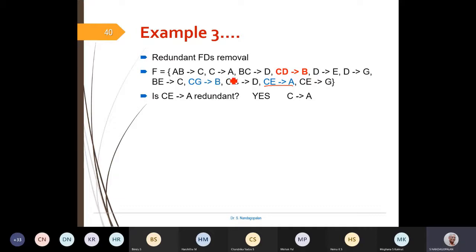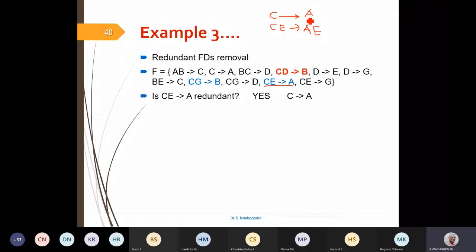Now since I have this FD given, C arrow A, I can augment E on either side. It doesn't harm my FD. So CE arrow AE, sorry.